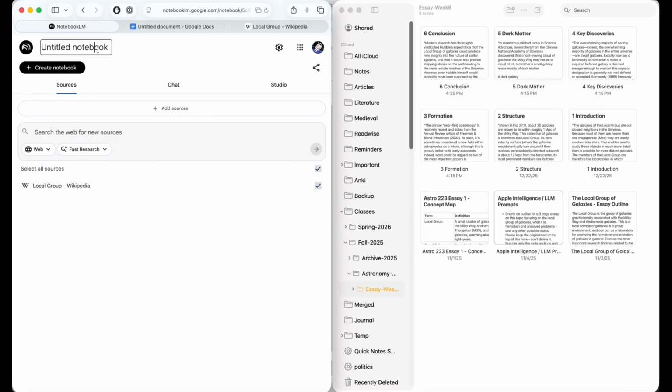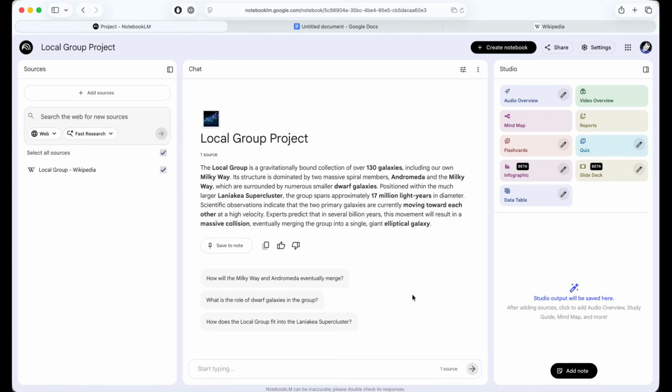But I'm going to change this to my local group project. And we're all set. And the next thing to do is to start pulling your notes into the project. Now, the nice thing about this is you don't have to use all the sources at the same time. You can add sources, delete sources, you can change them. But let's start here. So quickly, I've expanded the notebook, and now you can see how it defaults with some